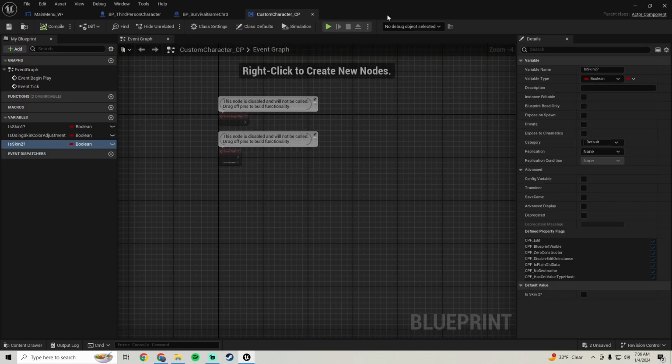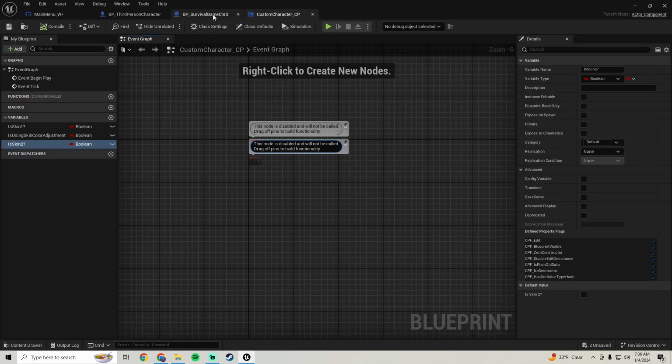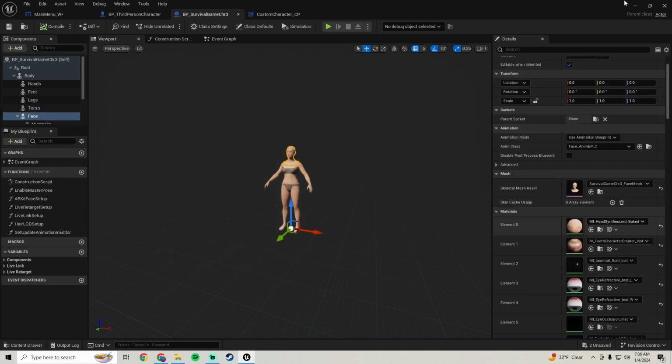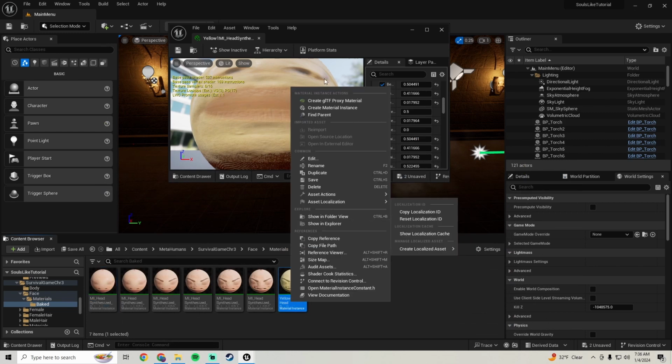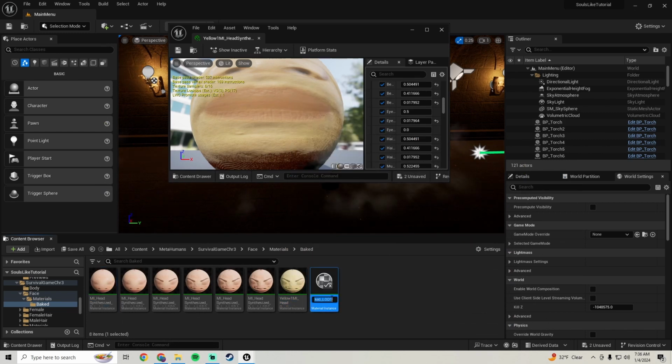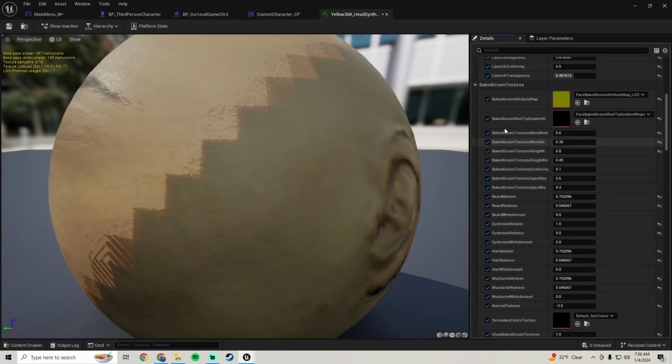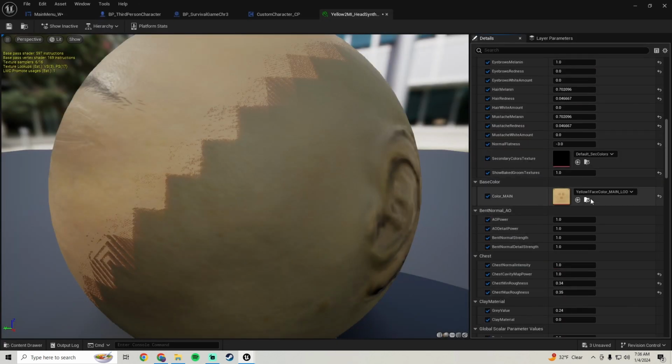Save, close. Now we need to do that to the face, so click on her face, hit search on the materials, duplicate your material here, rename it to yellow 2. Open it up and hit the search on the face,